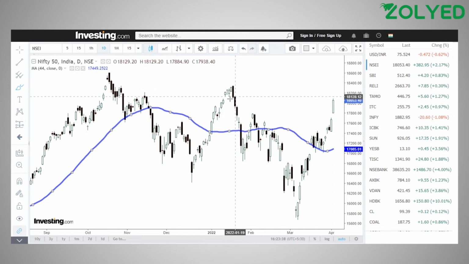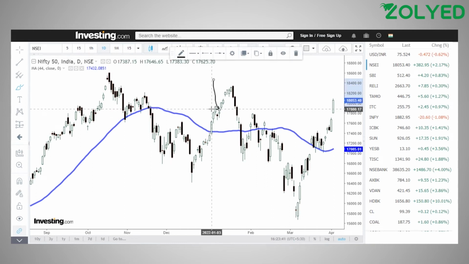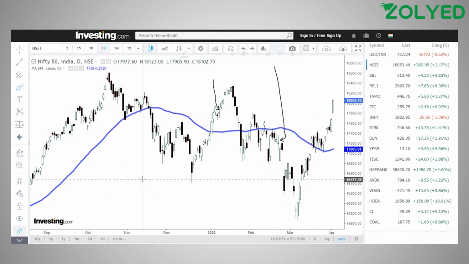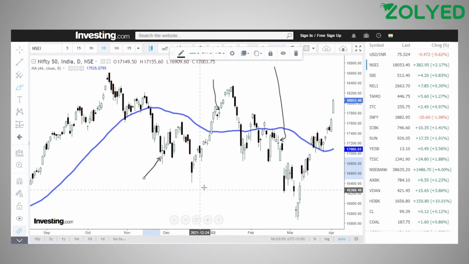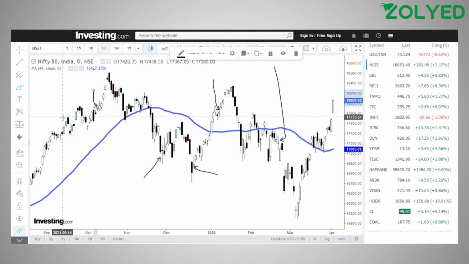How a Doji candle looks like. This is a Doji candle. Okay, this is a Doji candle, and this also looks like a Doji candle, but no, this is not a Doji candle. This is a Doji candle. Okay, and this also looks like a Doji candle, and this also looks like a Doji candle, and we just need to find one more, like this is also a Doji candle. Okay, so we have got like 5 examples for that. Now we have understood how a Doji candle looks.